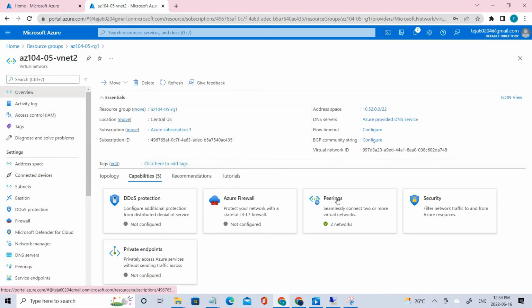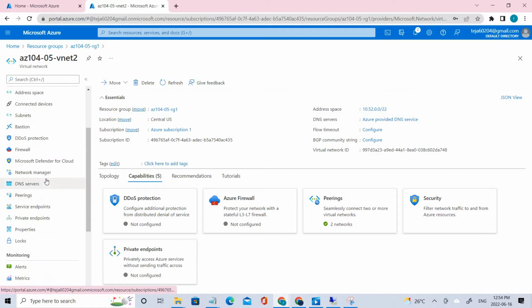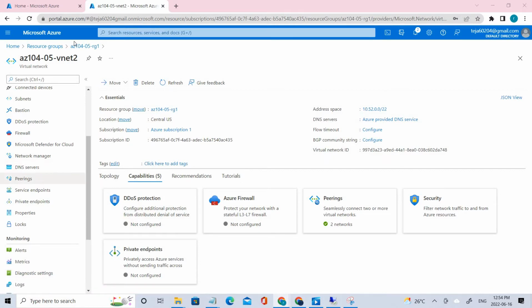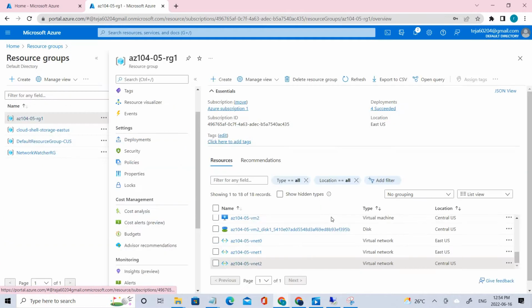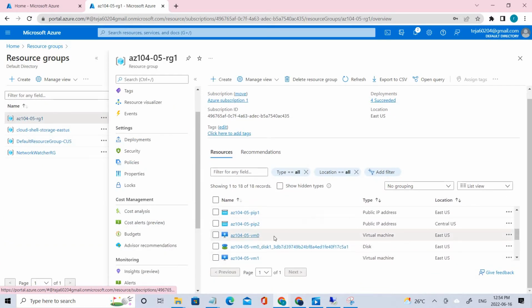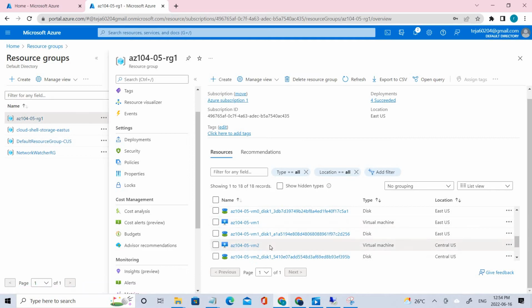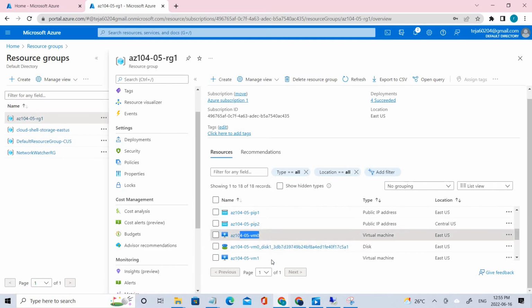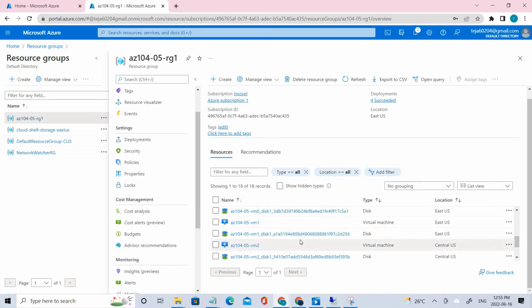Saying that, let's go back, and now we have to test the connections. For that we have to connect to the virtual machines. So if I go back here, you can see we have different virtual machines, 0, 1 as well as 2. From 0 we'll try to connect to 1, and from 0 we'll try to connect to 2. We'll see whether the connection is established or not,